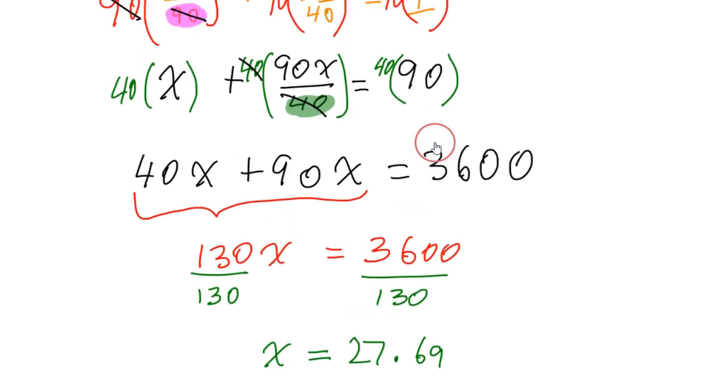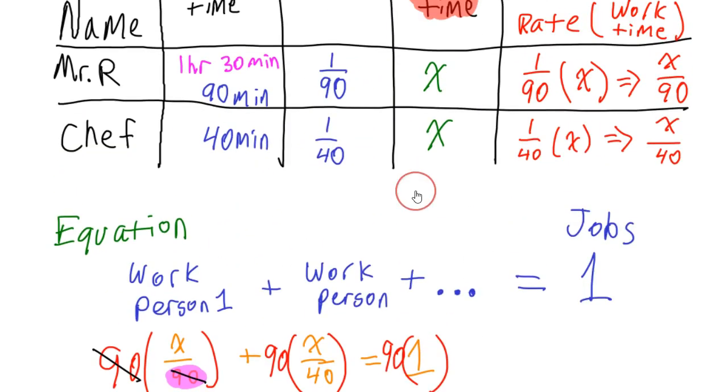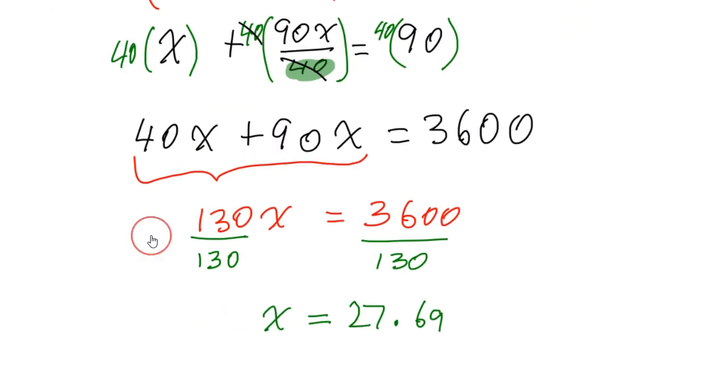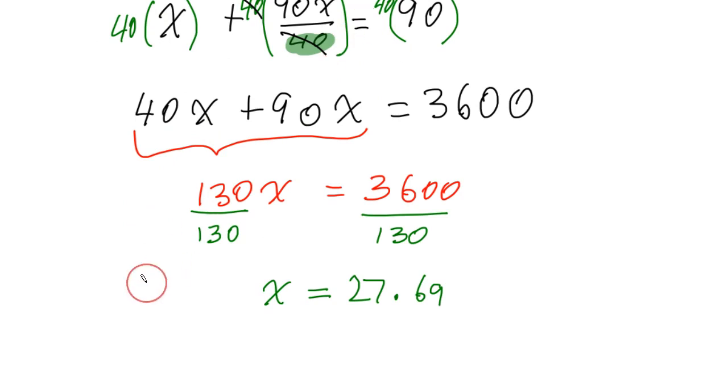Go back up to the table and take a look at where x was. X was the work time. So x, we just found out, was 27.69. So 27.69 for both of these parts of the table. Now, if I had to write this in a sentence, what I would do is I would say, okay, I wouldn't walk up to someone and say it takes them 27.69. I would say it takes